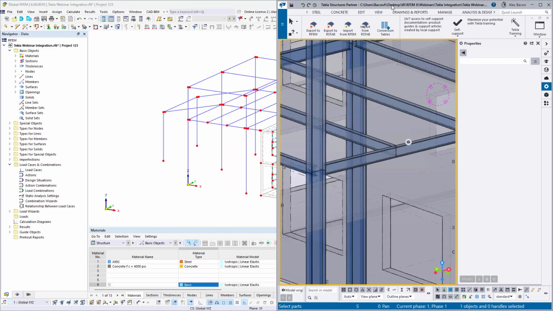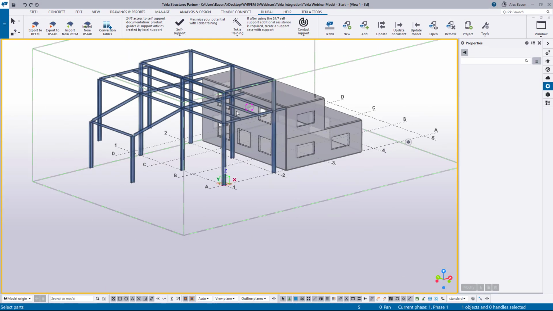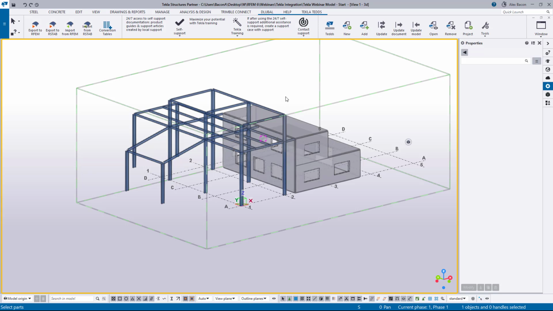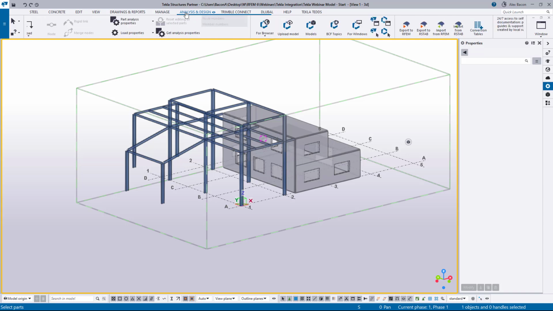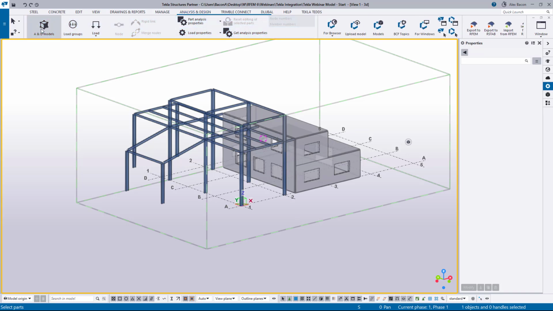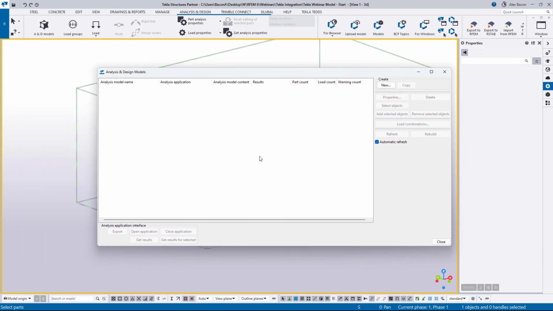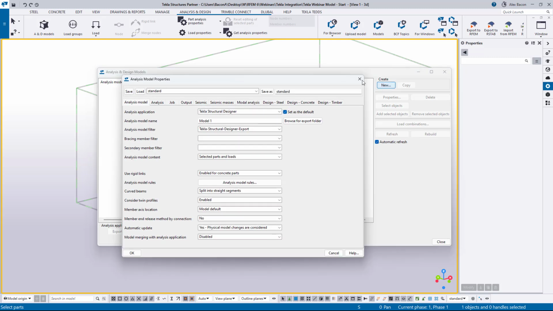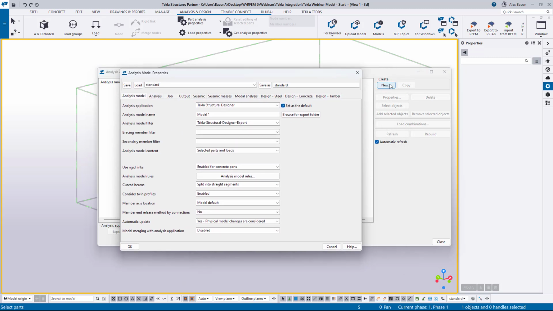And so what we need to do to fix this is in Tekla, we need to create what is called an analytical model. To do this, we can go up here to the analysis and design, and we can open up the analysis and design window here. And this is where we can create a new model. So we will click on create new,